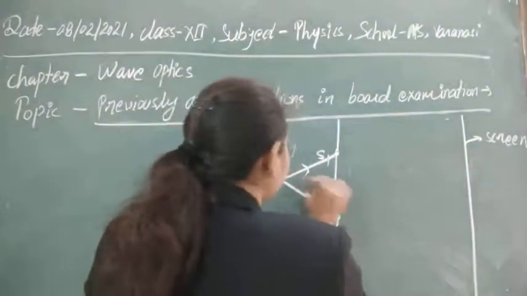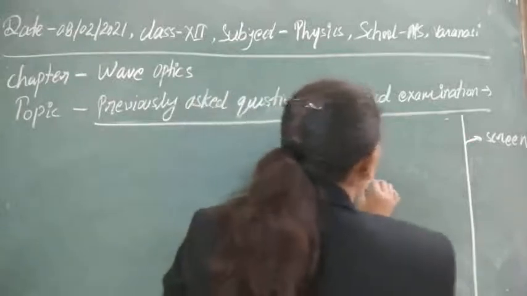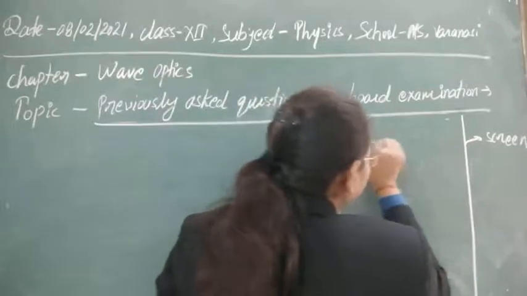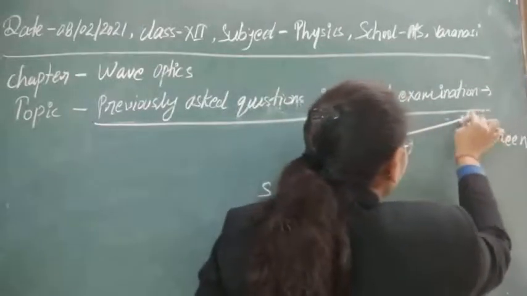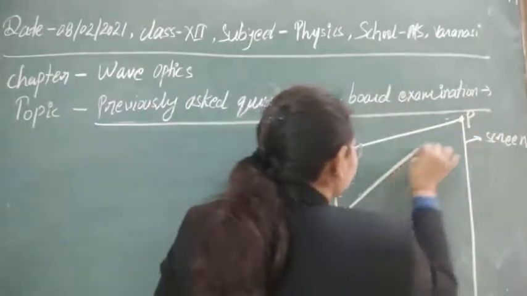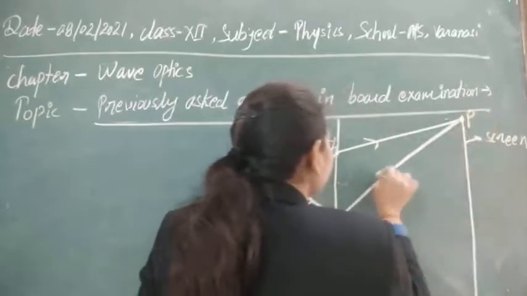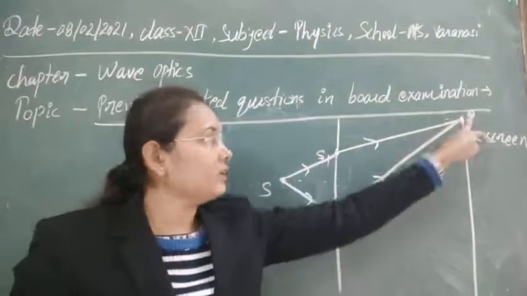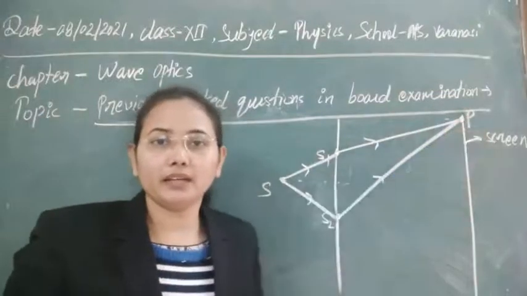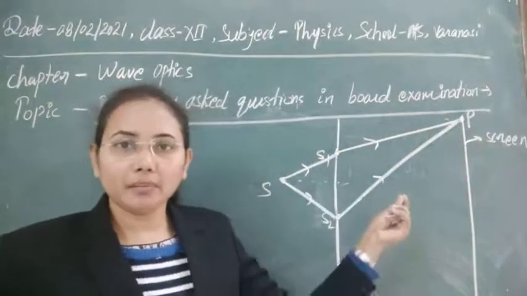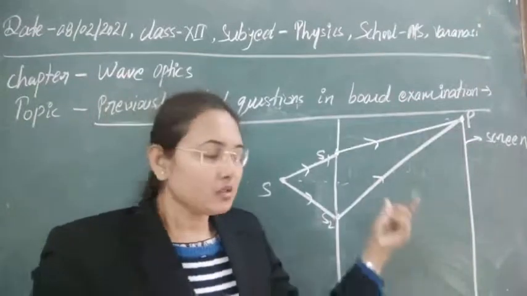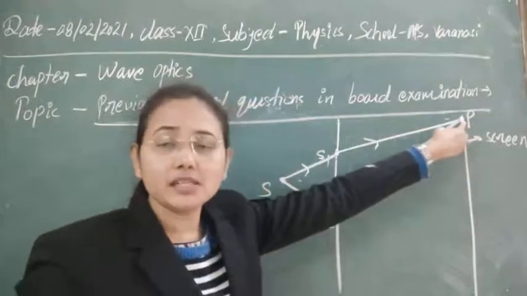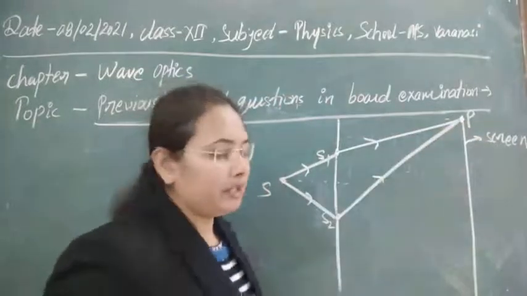So this one is the light. Suppose this is just traveling from here. At any point P, suppose we want to know whether this point P is of maximum intensity or of minimum intensity. Light will go from here and form a pattern here. We don't know whether P is a maximum or minimum. So let's discuss when at point P we will get maximum intensity or when we will get minimum intensity here.